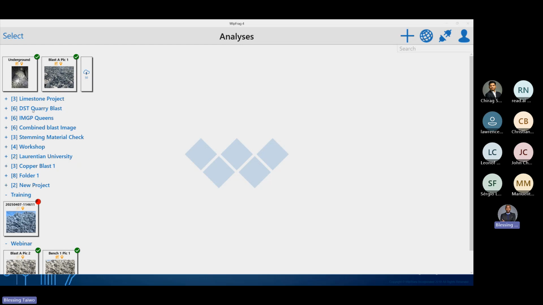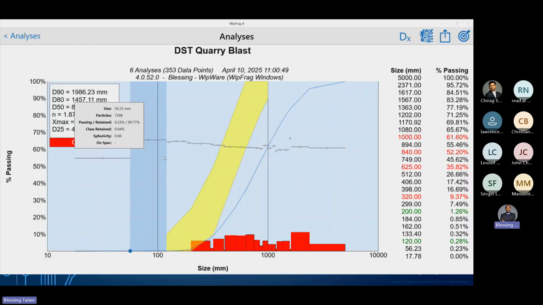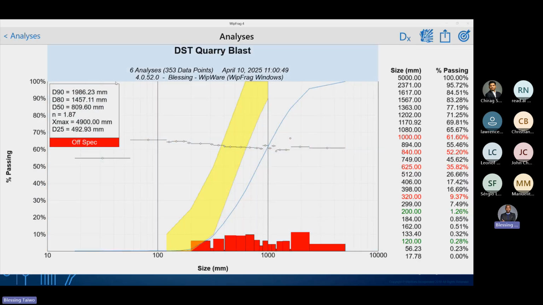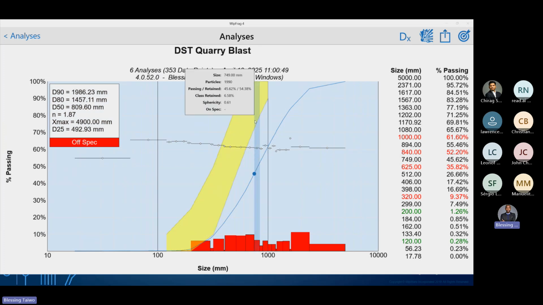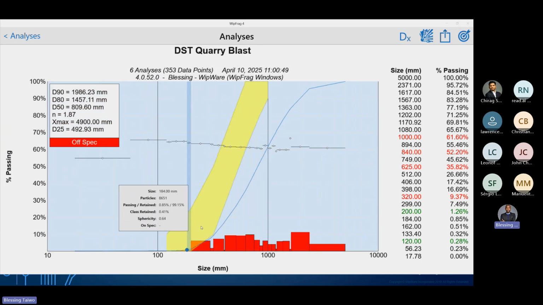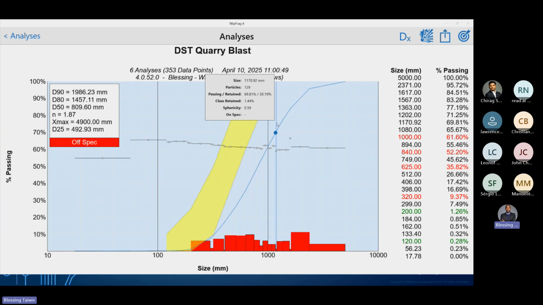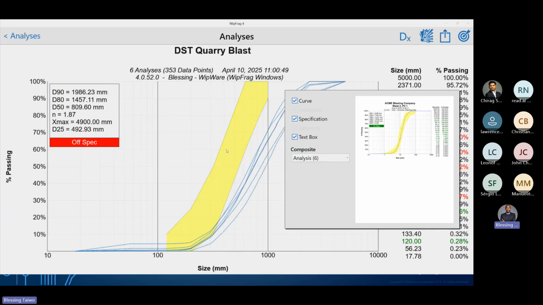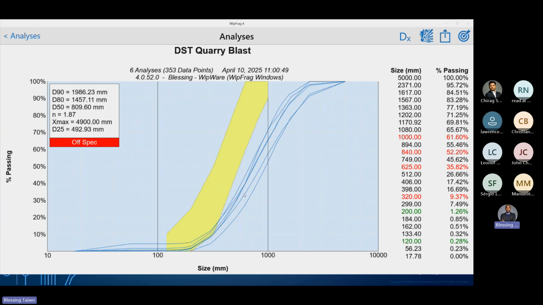A case study application of the software, as I've mentioned, is this. Here is a result from a continuous improvement study. This is a continuous improvement envelope. This is what we want the blasting curve to fall within, and we've performed 6 blasts. At the first blast, we benchmark the current state of the blasting, that is this first curve. This is where the mine particle sizes are before we start the study.